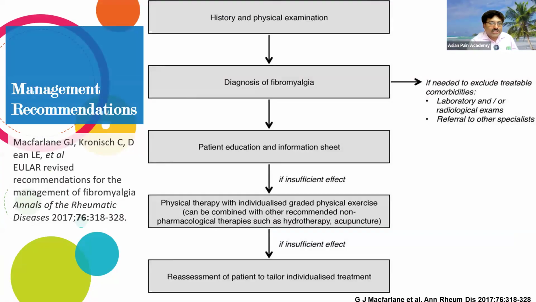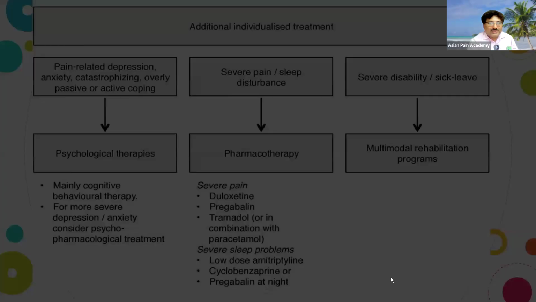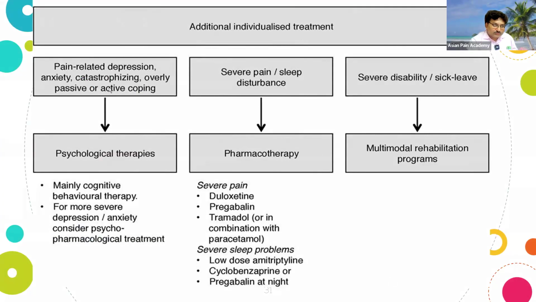Now here is the recommendation by the EULAR. First you take the history, physical examination, do the diagnosis of fibromyalgia, then most important the patient education, the information sheet and the physical therapy. If there is insufficient effect, then reassess the patient, and then you can think of other modalities. If there is more pain related depression, anxiety, and sometimes passive or active coping, you have to go for psychological therapy, mainly cognitive behavioral therapy, and in some cases of severe depression, anxiety, you have to go for